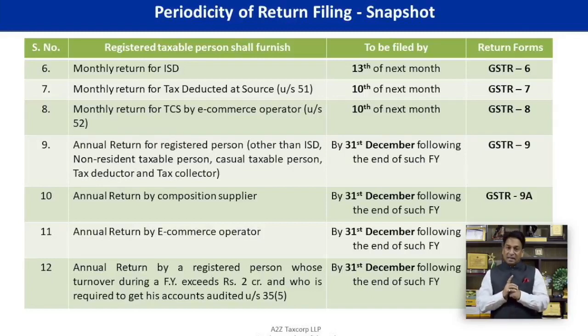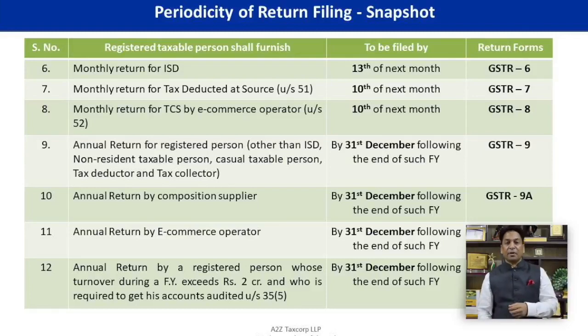This is annual return GSTR-9, to be filed by 31st December of the next financial year, meaning thereby if you are filing your annual return for financial year 2017-18, then